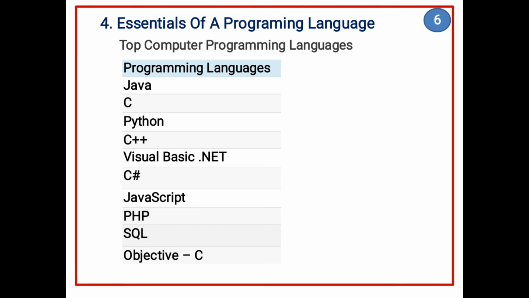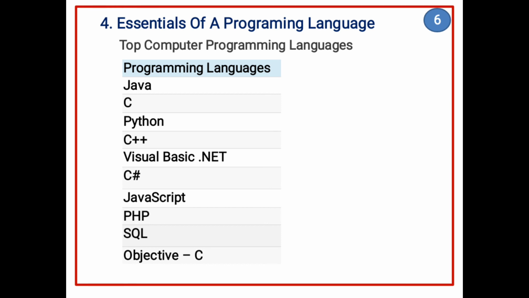The next factor is performance. The selected language should be scalable, robust, platform independent, secure, and should be efficient in displaying results within the acceptable time limit. This factor is very important for the selection of a programming language.